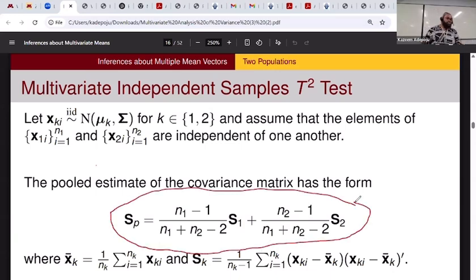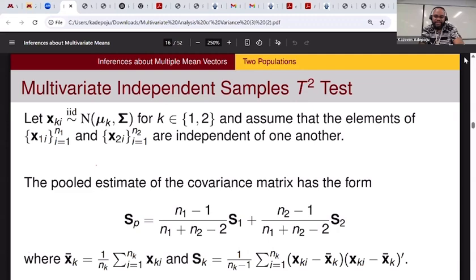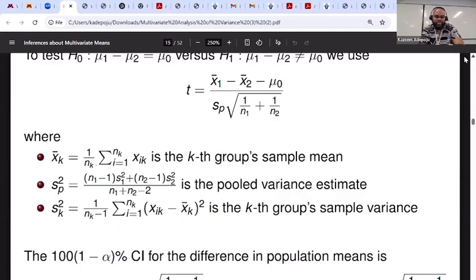is a pooled covariance. When we're considering the univariate case, we have a pooled variance, right? I'm going to show you. I'm going to go back. You're going to see that, okay? In a univariate case, I want you to have the opportunity to compare the univariate with the bivariate, with the multivariate. Take a look at that. That's for univariate. But